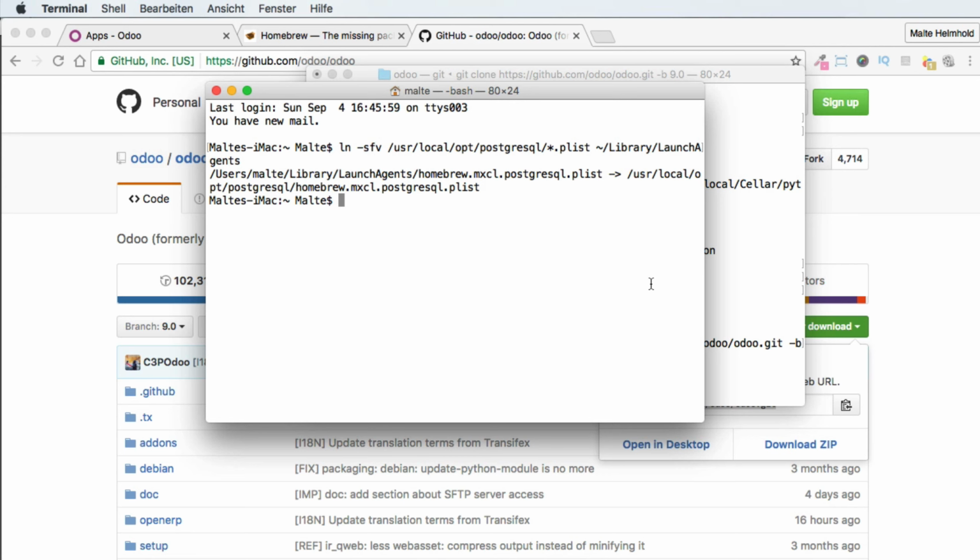Postgres is a DBMS, a database management system. So all our data, which is stored in Odoo, which is critical to our enterprise, will be stored in a Postgres database. Okay, so let's now start the Postgres database with launchctl, launch control, and then load the file